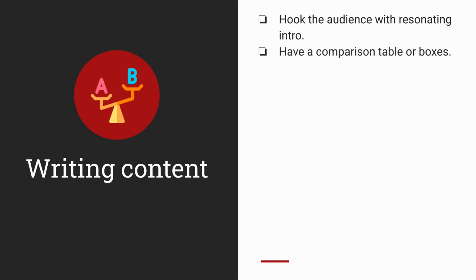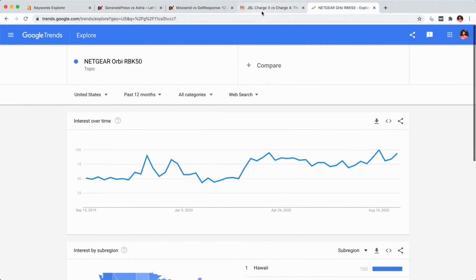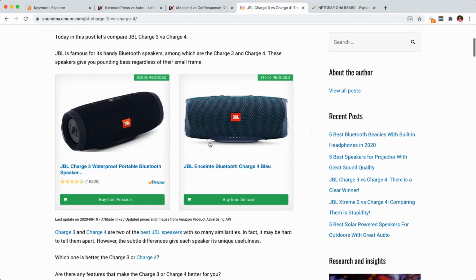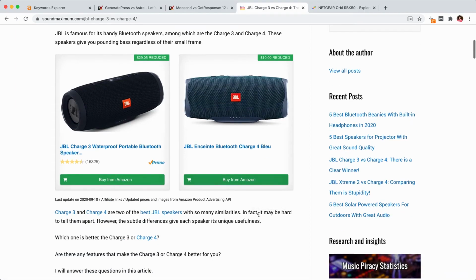the fold in your comparison content, because people want to first see the product images, and maybe they also need to click on the product pages before even starting their comparison. Okay, for example, when they come on your blog post like JBL Charge 3 versus Charge 4, right, they want to see what two products they are comparing, subconsciously at least, right? So they want to see how those two products look, and also they may want to click on these Amazon links to help them easily contextualize the information that you are going to present here.